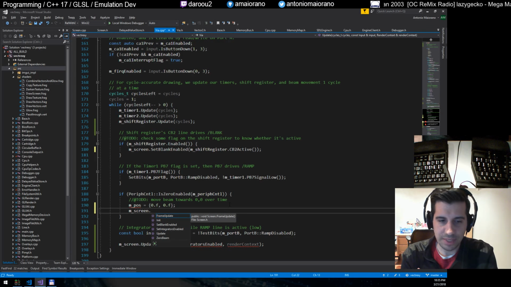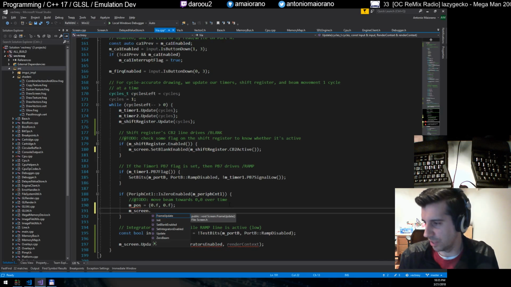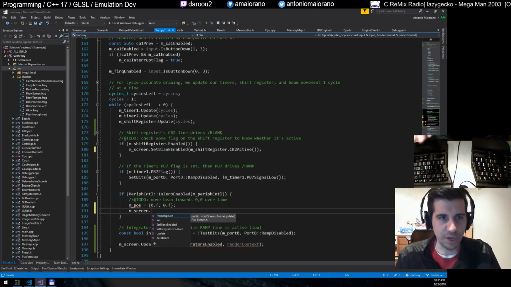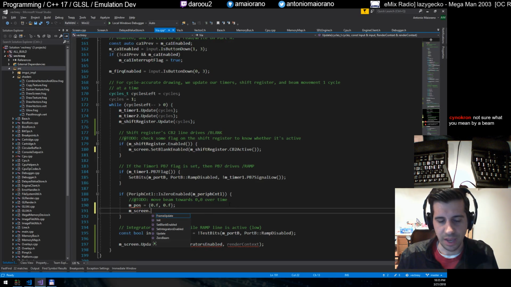So I just emulate that beam moving around by drawing lines into a texture, and then that gets rendered to the window that you see. So in terms of a GPU, this code I'm working in right now is about as close as it gets. There isn't really a GPU, but